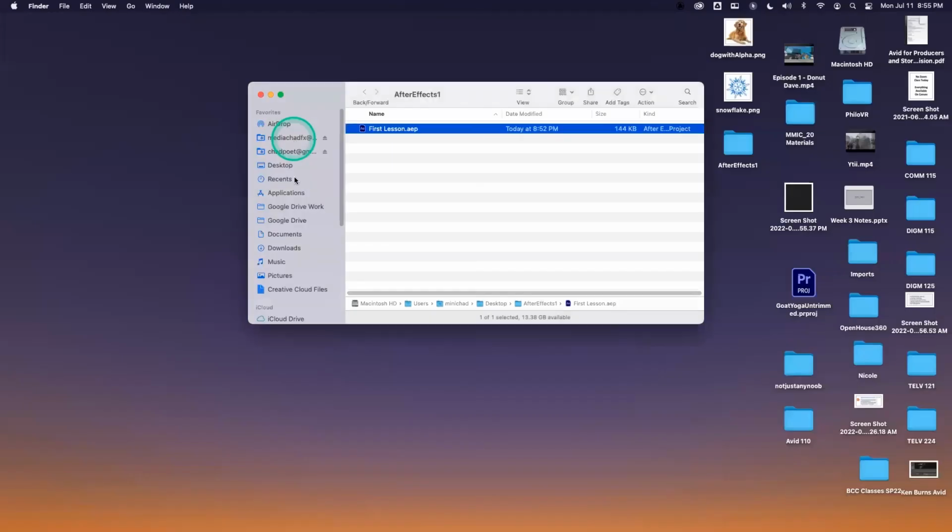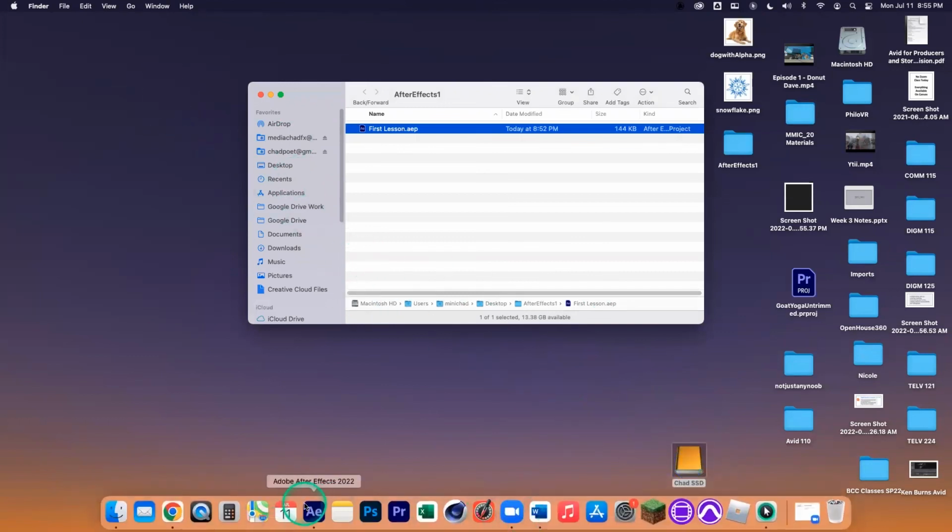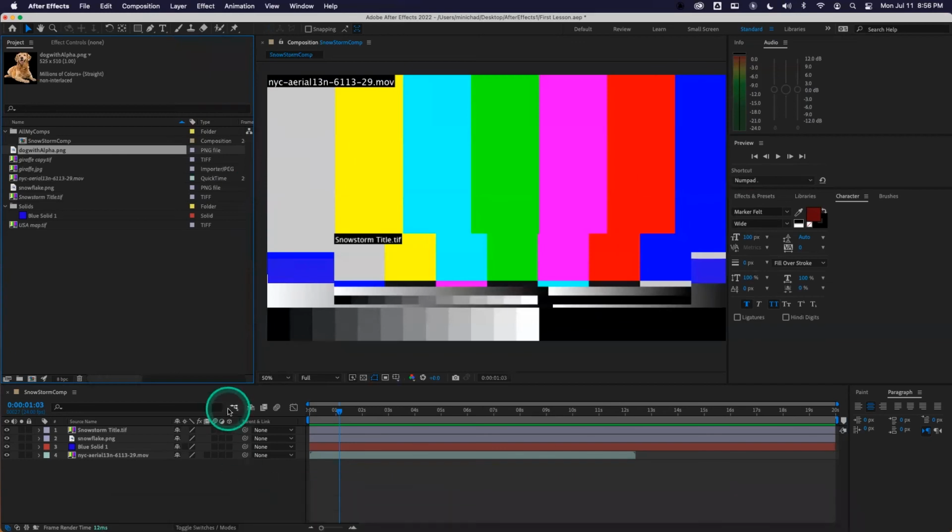So I have plugged my SSD drive back in. It's going to load up my SSD drive in a second. There it is, Chad SSD. And so now I plug this back in. Let's see if After Effects wakes up. After Effects has not woken up yet, but what I could do is go to these files and right click and say